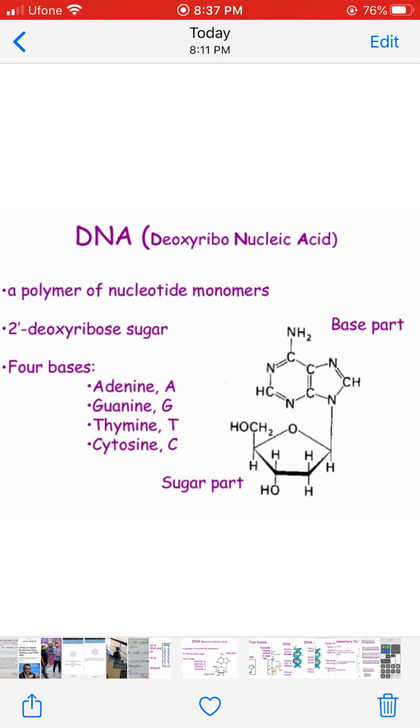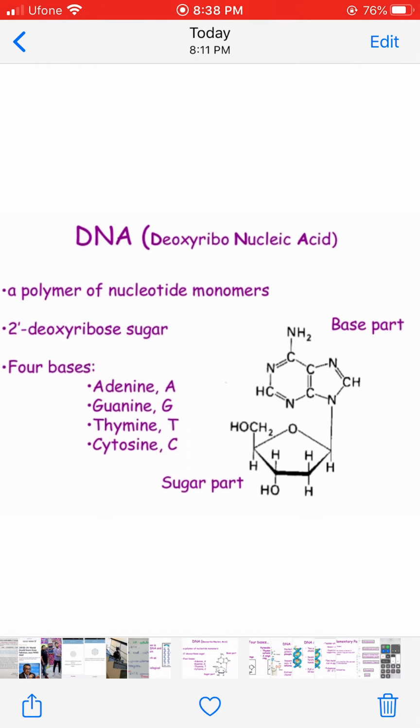Being second year MBBS students, you have already discussed in detail the metabolism of nucleotides. In that part of your syllabus, you have learned the different nucleotides. So DNA is a polymer of nucleotide monomers, which could be of different types. DNA is made up of 4 bases: adenine, guanine, thymine and cytosine. And the sugar in case of DNA is the deoxyribose sugar.